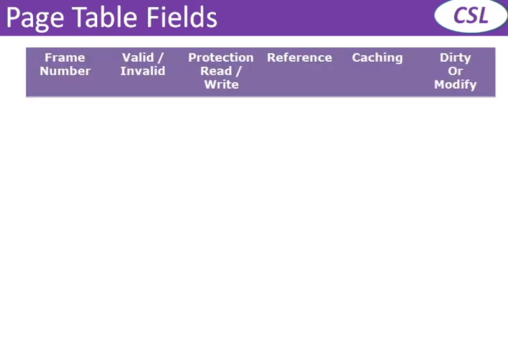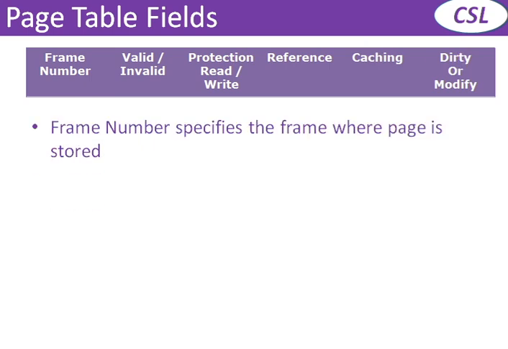Now we will understand page table fields, or we can call it page table format. We know that page table is a data structure, so definitely it has to store certain data units. The page table consists of a total of 6 fields. The first one is the frame number. The frame number specifies the frame where the page is stored. It is mapping information, so based on this frame number you get the particular page. Among these 6 fields, only the frame number is the mandatory field and all the other fields are optional.